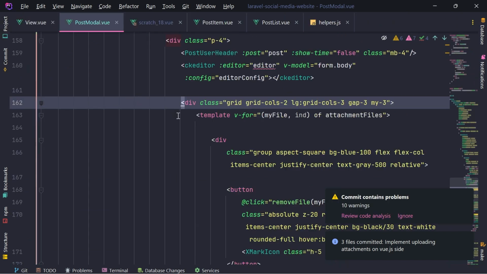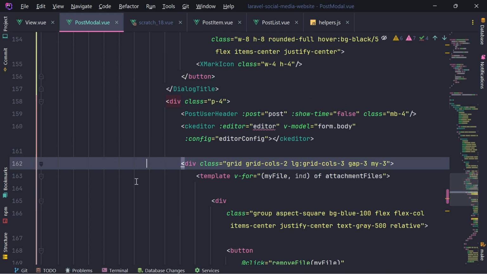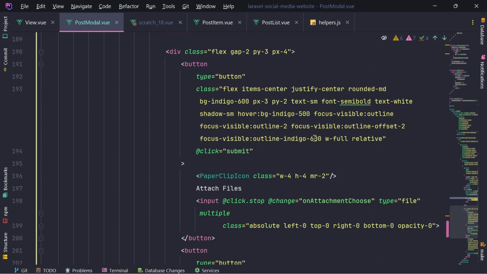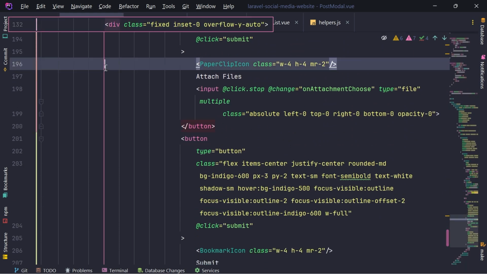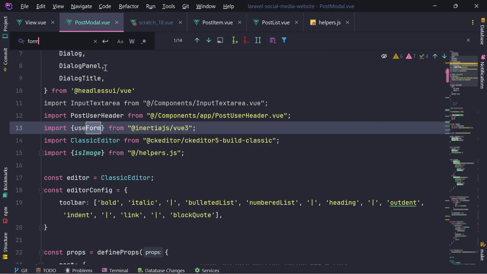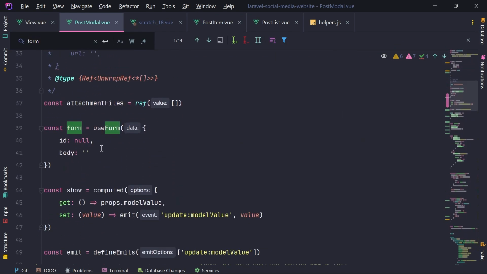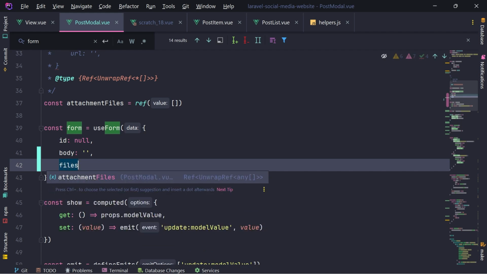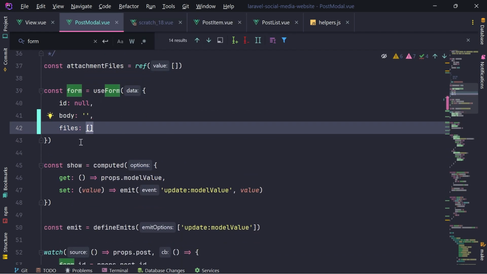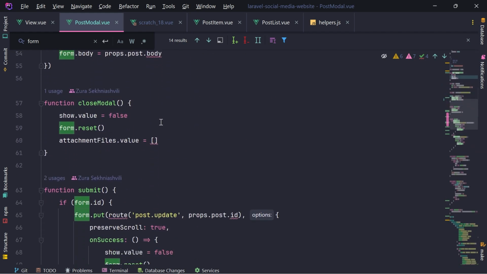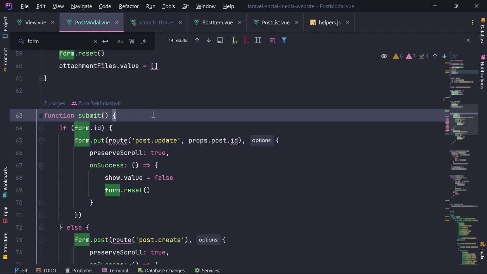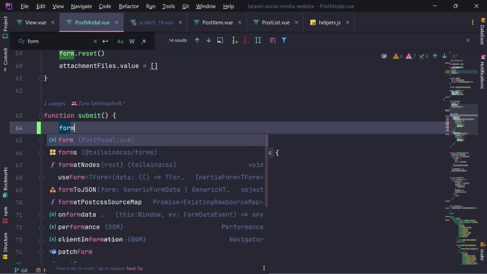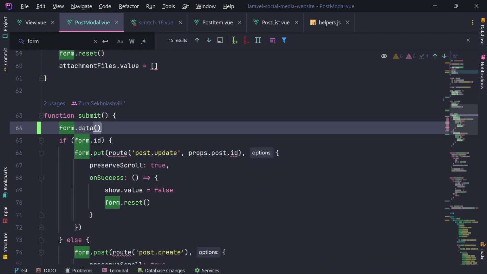Now we're going to focus on the server side, and for this we need to send the files to the server, and we have the form variable in the post modal right here, and we are going to give files to this form to be an empty array, or let's call this attachments maybe. Okay, then on submit, what we are going to do is form attachments